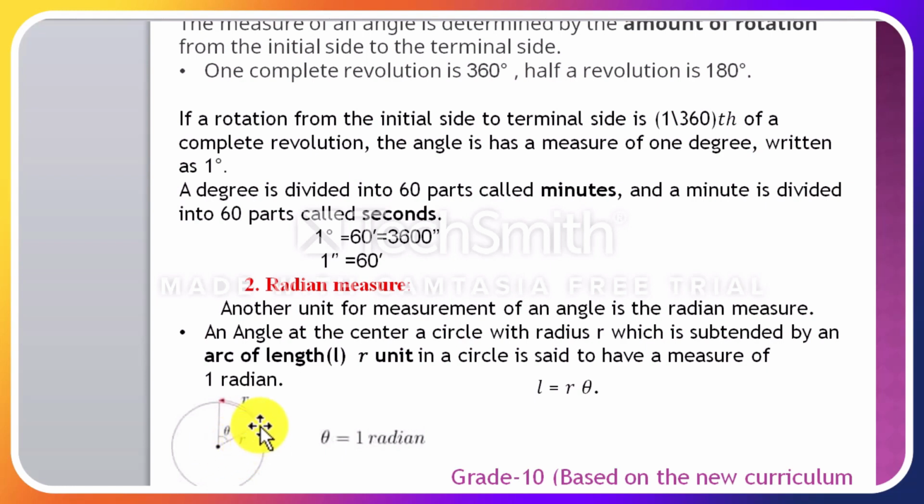ሬዲየሱ r ዩኒት የሆነ አንድ ሰርክል ከሬዲየሱ ጋር እኩል ርዝመት ባለው አርክ ሌንግዝ ሰብስቴንድ ሲሆን የሚፈጠረው ሴንትራል አንግል ሜዠርመንቱ ስንት ነው? 1 ራዲያን ነው። 1 ራዲያን እንላለን። ስለዚህ የሰርክል ሙሉ ዙሪያው circumference ነው የምንለው። But when we come to arc, an arc length or arc is the part of the circumference of a circle. ስለዚህ እዚህ ጋር ያለው አርክ ሌንግዝ